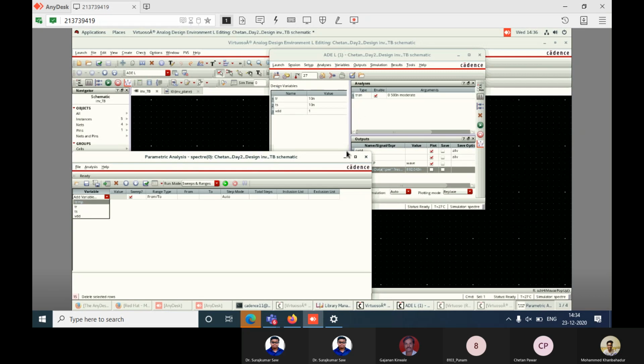Yes, Poonam, go to Tools, Parametric. In the drop down menu, you will find temperature. Here we can vary the temperature, right? You just vary it from -40 to +90, -40 degrees centigrade to +90.